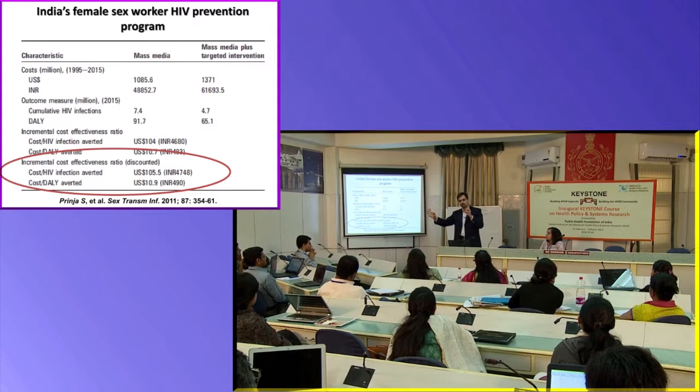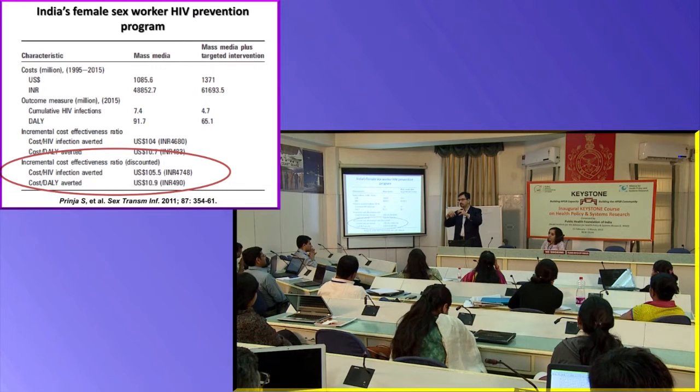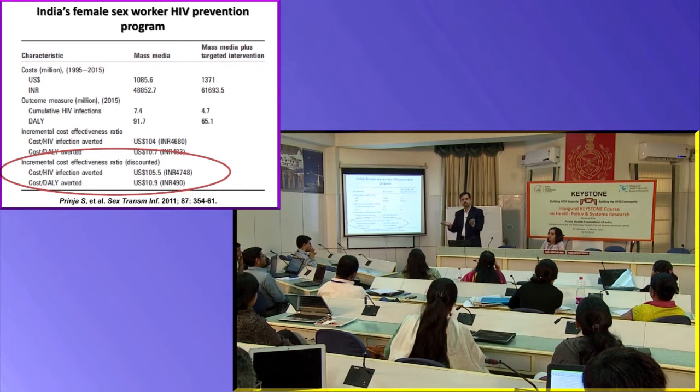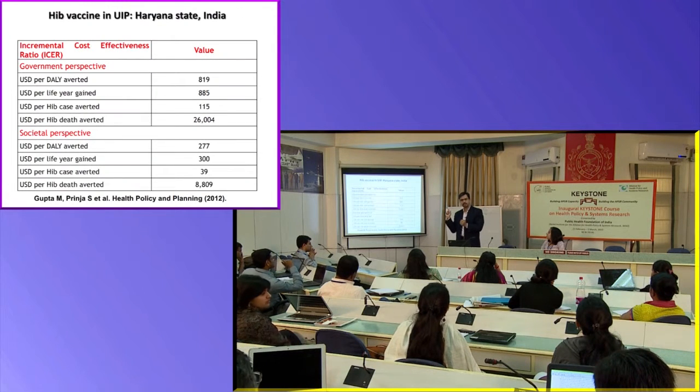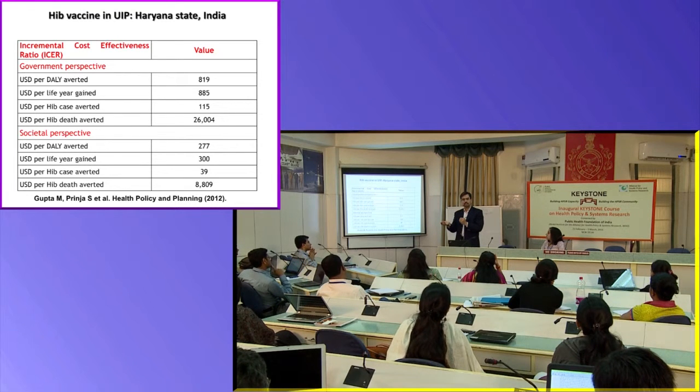So, in terms of both the quantity of life added by preventing HIV and preventing HIV mortality, and by improving the quality of life by reducing the number of HIV illnesses, you club these two together, you come up with disability adjusted life year. Same is true for a case of Hib, the vaccine. You prevented kids from getting pneumonia or meningitis as a result of the Hib component within the pentavalent vaccine.